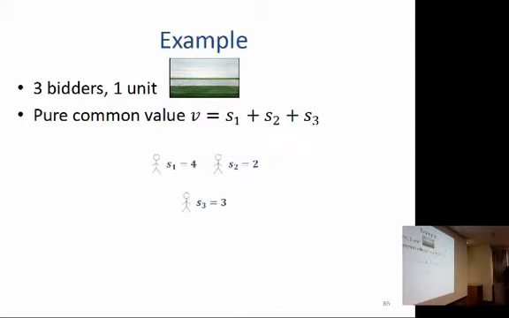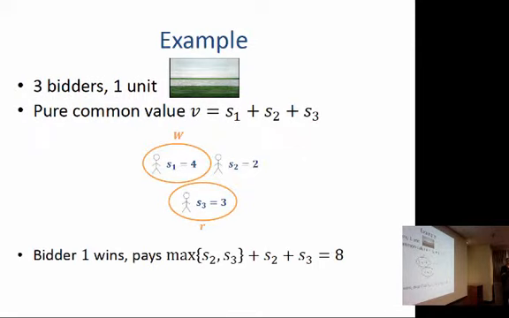Okay, I described the payments. I want to quickly show an example. Let's say we have 3 bidders and one copy of the photograph, and all the bidders have the same value for the photograph. So it's a pure common value auction. The value is just a sum of all the signals. Let's see what the mechanism does. First of all, it picks a random reserve. In this case, it picked bidder 3. Now, W is going to just be bidder 1 because he has the higher signal.